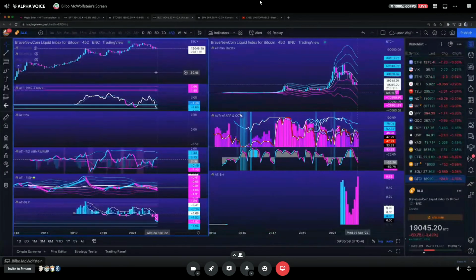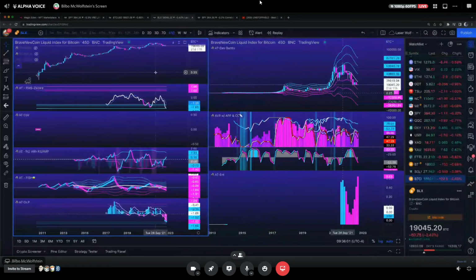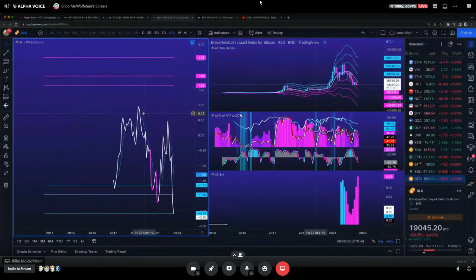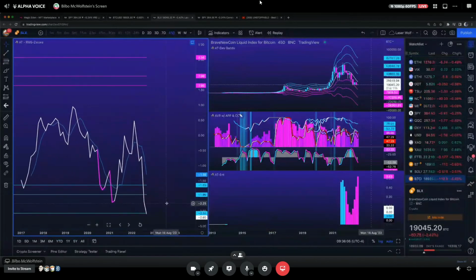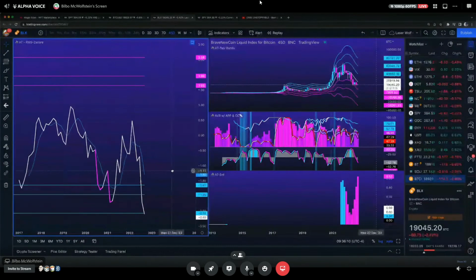There you go. Outliers, mean reversion, contraction. Yeah, I mean, look at the Z-score. We're talking 2.58 standard deviations